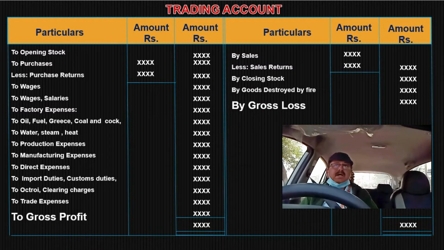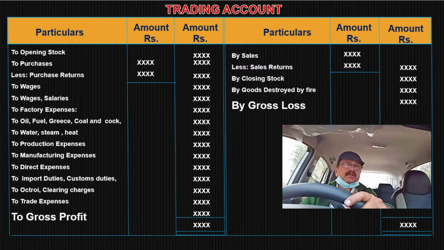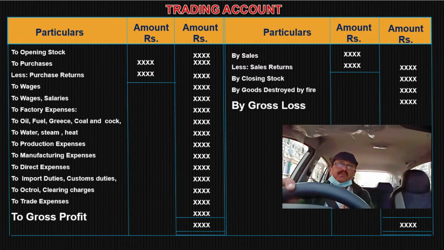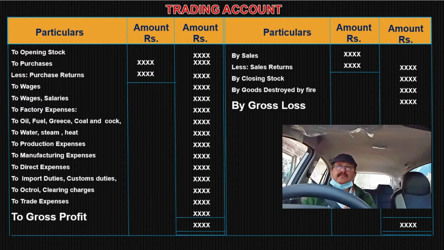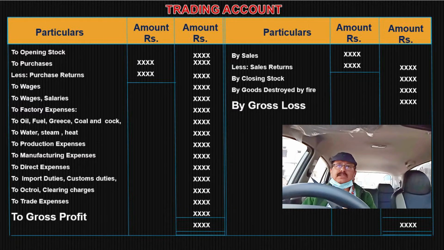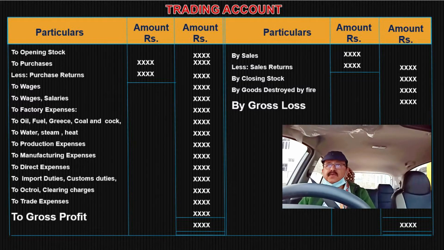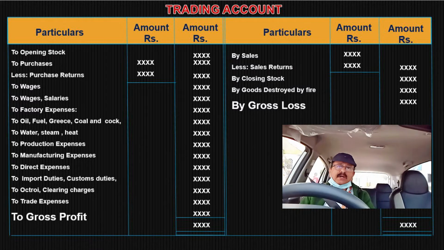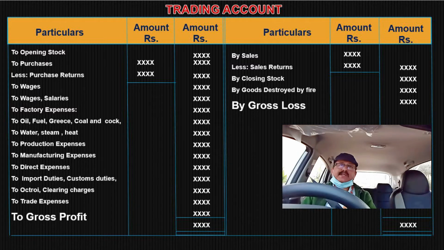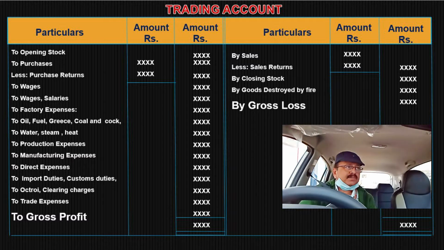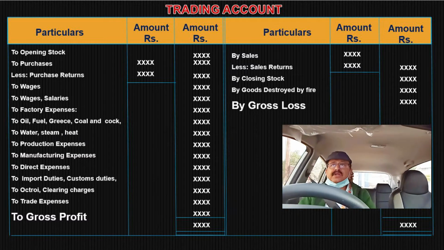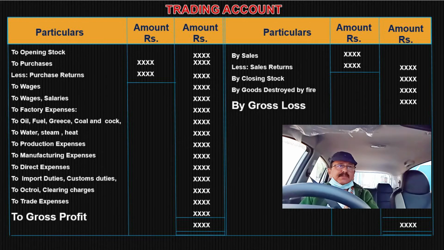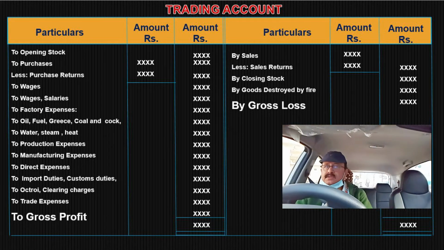And you can see some of the items here. Okay, now I am showing one by one. Next we have to show factory expenses. Factory expenses means, you know, some items will be used in the factory. For example, lighting, heating, steam, water, coal, coke, those items will be used in the factory, and factory insurance, factory lighting. So the remaining expenditures I am going to show here, so you can observe those items.